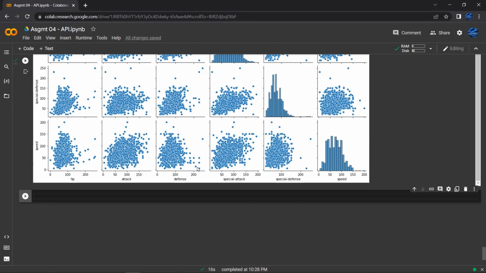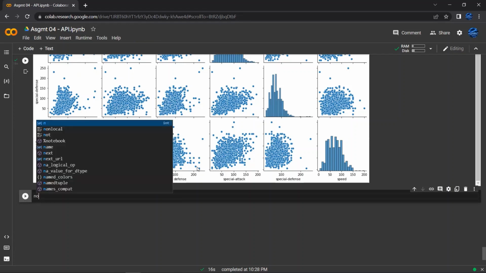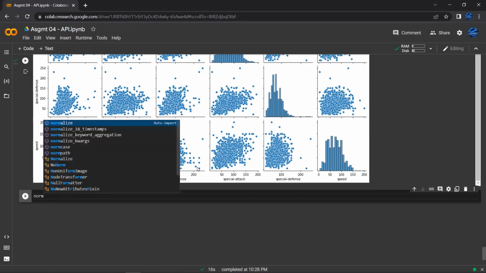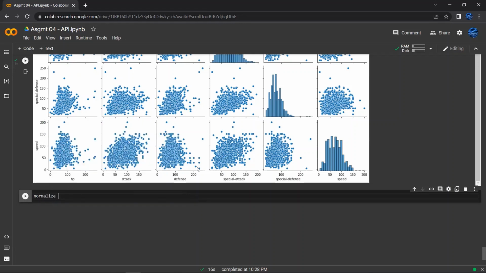So that's a really quick lesson on what normalization is. I'm going to be normalizing every row. Essentially, I'm going to be looking at what is the competitive advantage, or what stat does this Pokemon have a competitive advantage in compared to its other stats. So I'm going to create a normalize lambda function,